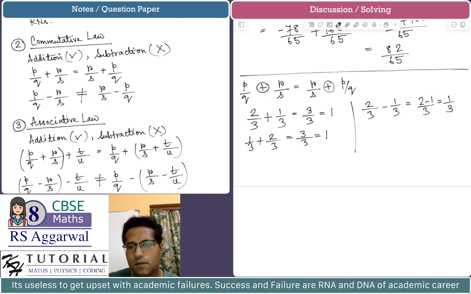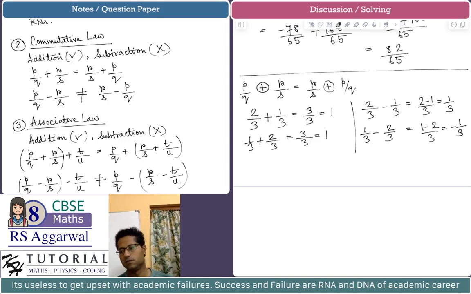Whereas 1 by 3 minus 2 by 3 is equal to 1 minus 2 by 3, which is equal to minus 1 by 3. So minus 1 by 3 is definitely not equal to 1 by 3. So we can clearly see that the subtraction operation is not commutative, whereas the addition operation is commutative with respect to rational numbers. That is, for any two rational numbers,